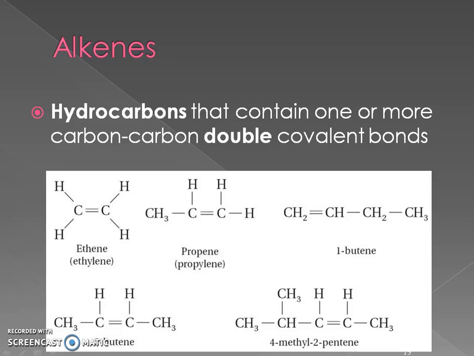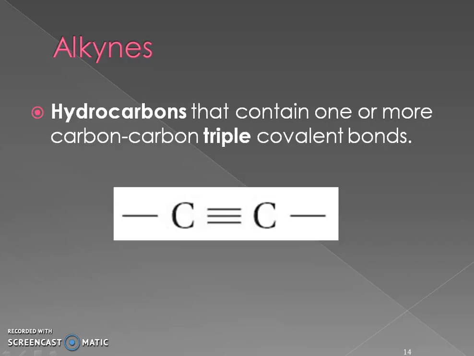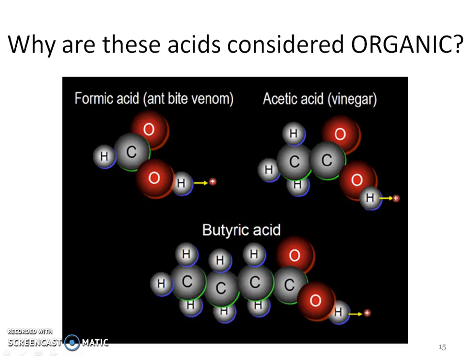So an alkene, like we talked about before, is the double bond. It only has to have one double bond to be an ene. So here is your smallest, ethene. And then, of course, we have 3 carbons, 4 carbons, and so on, and then the different namings because of the different groups. But if it has one double bond in it, we're going to call it an alkene. And again, we have to label where that double bond is. And an alkyne, of course, is a triple bond, and same kind of situation. As long as it has one triple bond, it will be an alkyne.